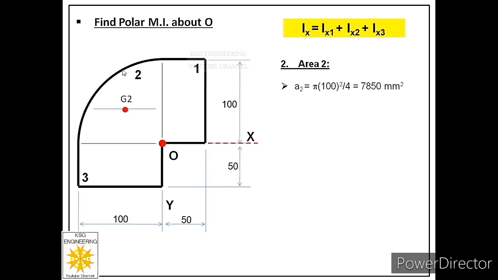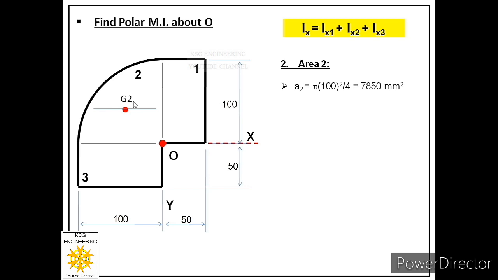This is a quarter circle. So where its centroid will lie? That we have learned when we covered lecture on centroids of regular areas. And in a quarter circle we learned that its centroid lies at 4r by 3 pi from both sides. It means from this side we will measure 4r by 3 pi, and from this side of the quarter circle we will measure 4r by 3 pi. So where those two lines will intersect, that will be the centroid of the quarter circle.